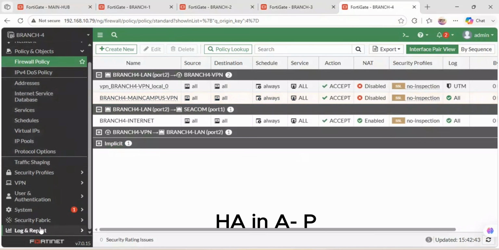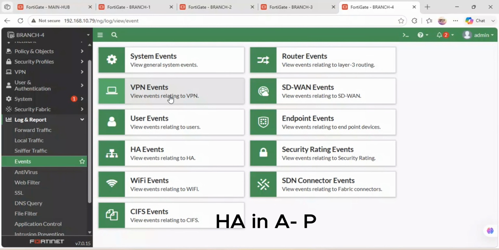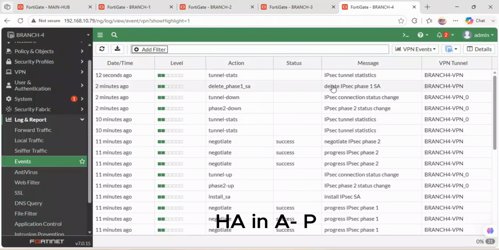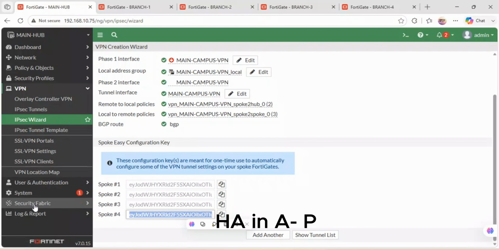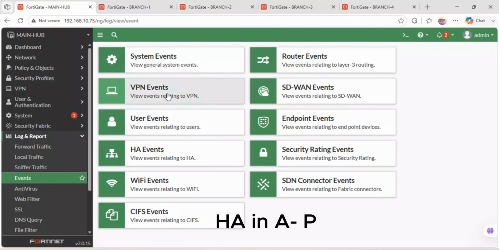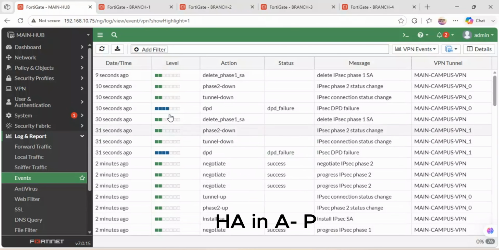You go to the logs and reports, then you go to events. You check the VPN events. You see, this is branch 4. So when we go to the hub, on the hub we will check two issues here. We will check events. First of all, VPN events. You see,